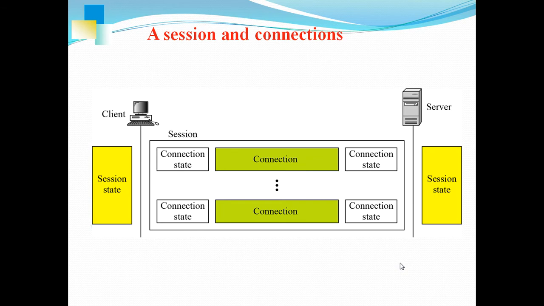Now see, there is a session. A session may have multiple connections. A session is established between the client and server. Now look into this: this is a client and this is a server. There is a session, and the state may be an active state, that has multiple connections. Every connection again has states. The connection is set up, and the data is going to be transported through these connections. So this is a simple basic diagram regarding the session and connections.